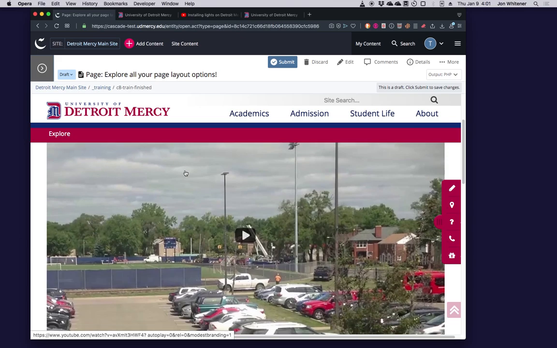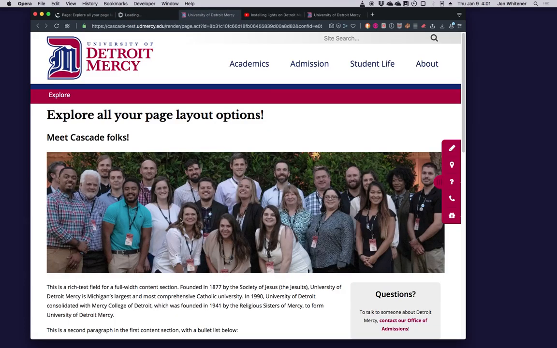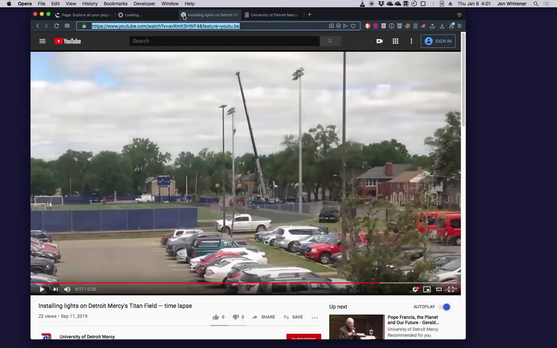Again, very wide. I'm going to go to the More menu and click Full Screen Preview. That's what I did before to get this older version of the page looking the way it does, without all the menus and stuff from Cascade. We'll give that a minute to load up.